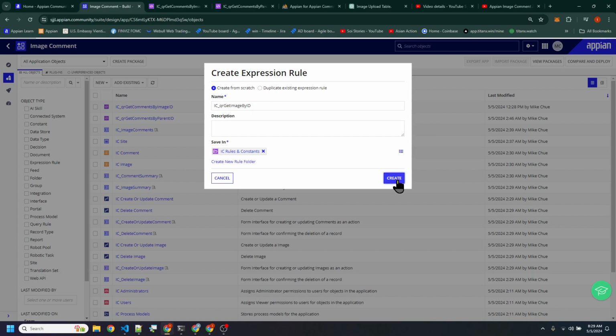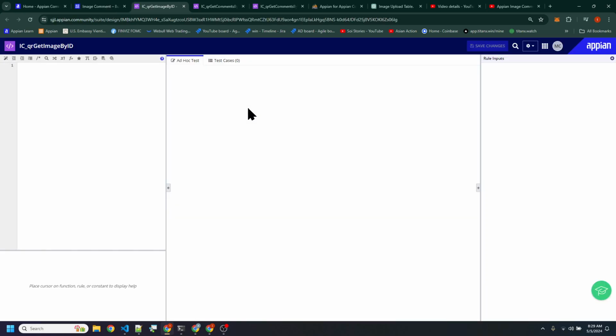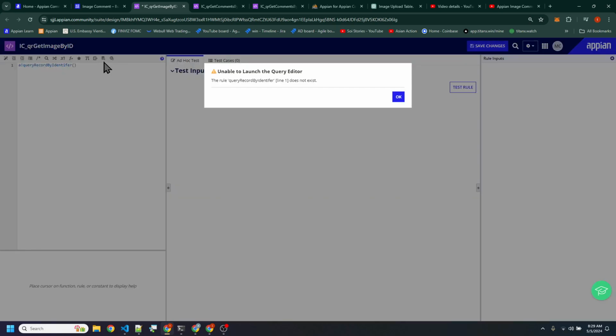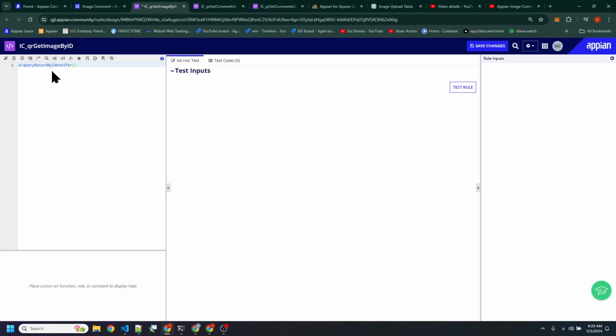So we're just going to create this, and then we're going to do a bang query record type, and then a query by identifier. Actually, query record by identifier. There we are.